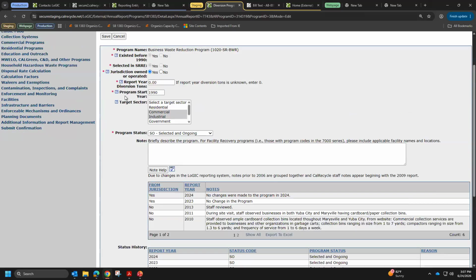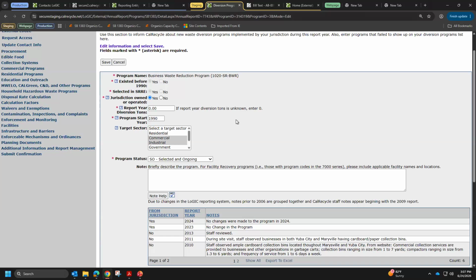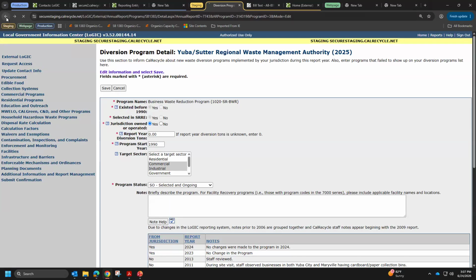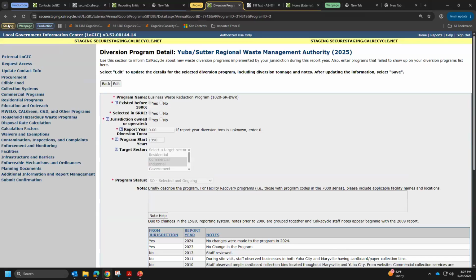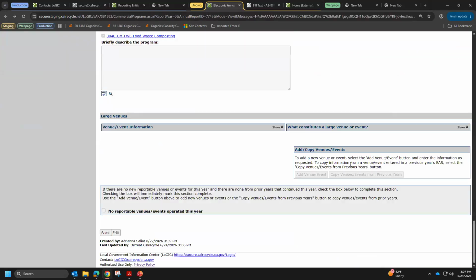And we don't really recommend changing the start year or the target sectors or the program status, because really, the program status, all you can do at this point is generally drop it. But if you need to put more detailed info for a specific program, you would do that from this screen. And the last bit on commercial programs, and this is one that does trip people up a little bit, is